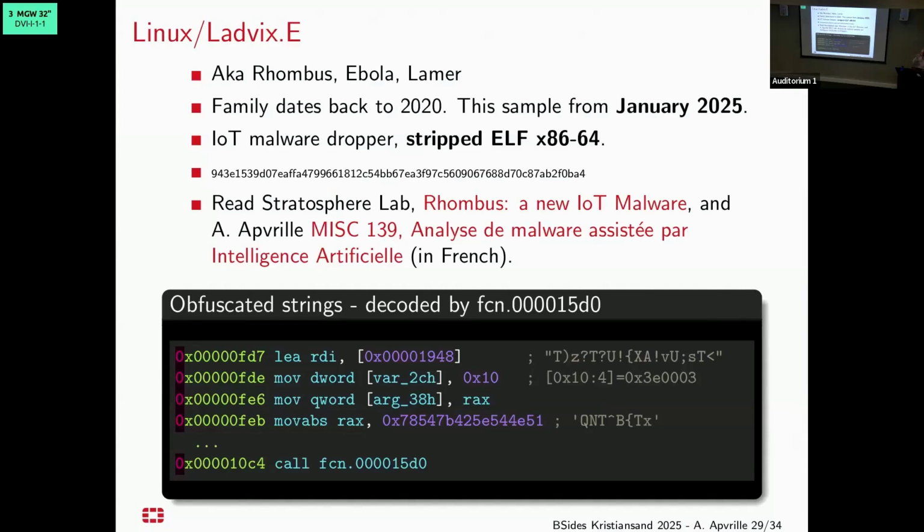So I'm going to show you another demo, but this one is recorded, so it should be a little bit easier to show. It's on another malware, Ladvix. Okay, it's more complicated. This one is bigger and everything. We're not going to do everything about it, but we noticed that there are obfuscated strings like this one. And we know also that the function that deobfuscates it all is this one. So we're going to ask r2ai to do the deobfuscation for us.